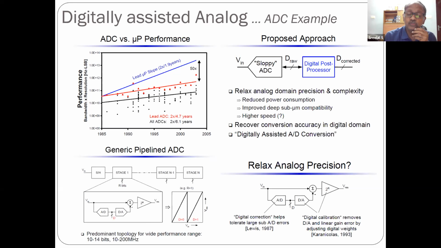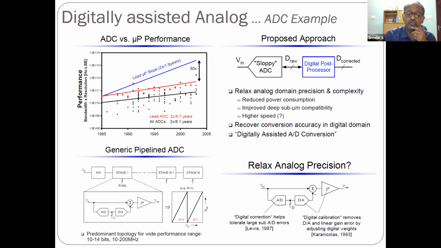Now, if we use a coarse analog to digital converter, which is named as a slopy ADC on the figure on the right hand side, and then do a digital post-processing on the digital data, then we can obtain very high precision and accuracy by suitable techniques. So that is basically the idea behind the